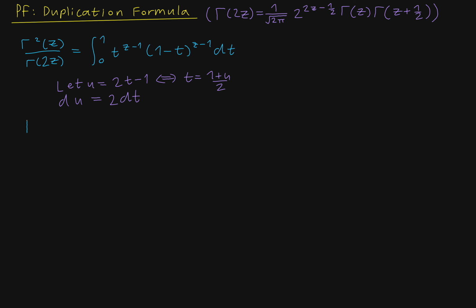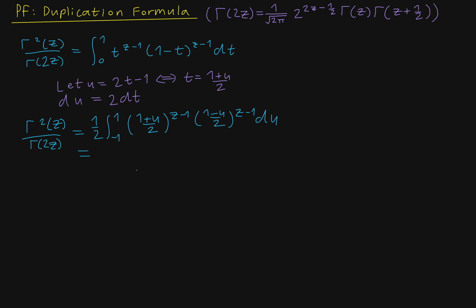So now if we plug this in, what we're going to have is 1 over 2 times the integral, now this is from -1 to 1, of (1 plus u over 2) to the z minus 1 times (1 minus u over 2) to the z minus 1 du. And we can rewrite this if we multiply these out, and then we're going to get another factor of